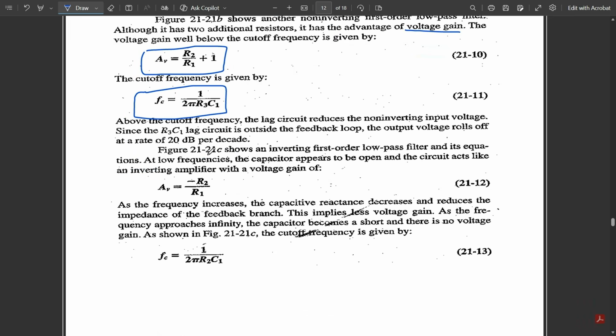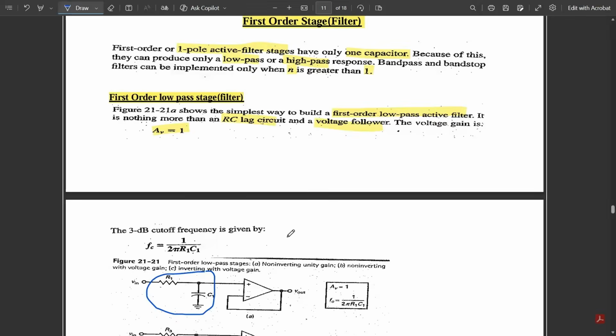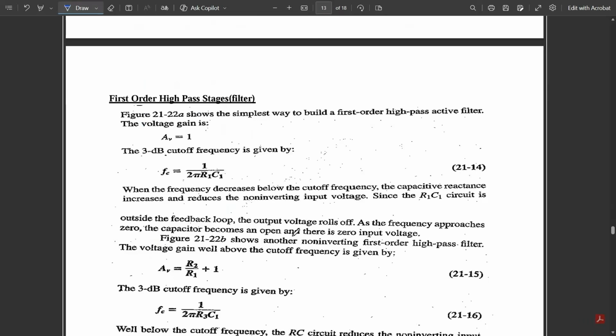Now the third figure shows the inverting first order low pass filter and its equations. At low frequencies, the capacitor appears to be open and the circuit acts like an inverting amplifier. Okay, and the voltage gain is given by minus R2 by R1 and the cutoff frequency is given by 1 by 2 pi R2 C1. Okay, so with respect to these three amplifiers, you can define the first order stage filters of the